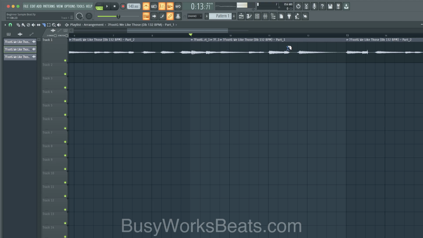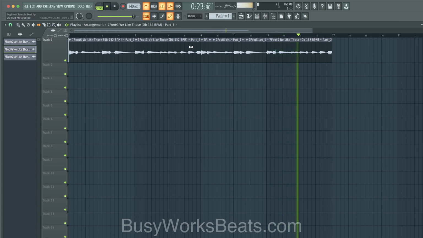So I'll do it right here as well. Again, if you're not getting vertical cuts, hit Shift and left click, it will do a vertical slice. It's a lot easier to do vertical slices. If you just slice, sometimes you'll slice crossways and different things. So hit Shift to do a vertical slice. Okay, so I sliced out that small amount, grab that slip tool, left click, and you just drag the audio around to find whatever you want to fill in that spot. I don't like that double hit, so let's find something else. I like that.